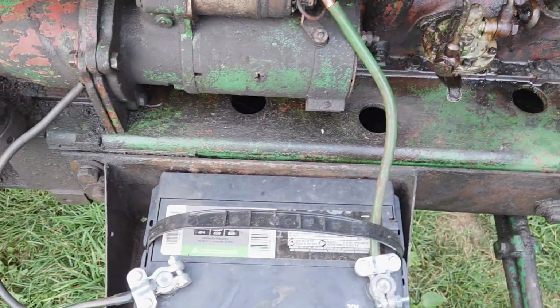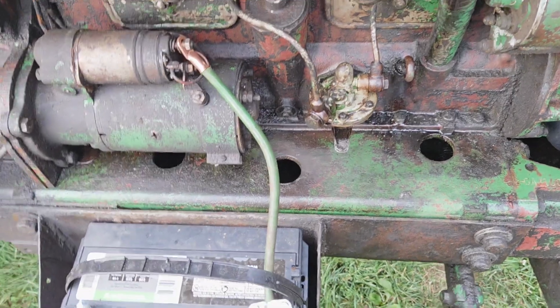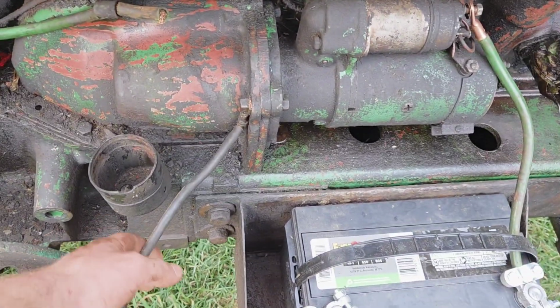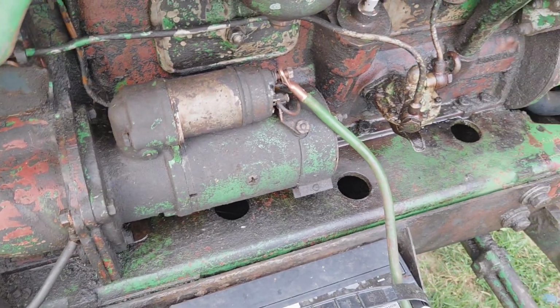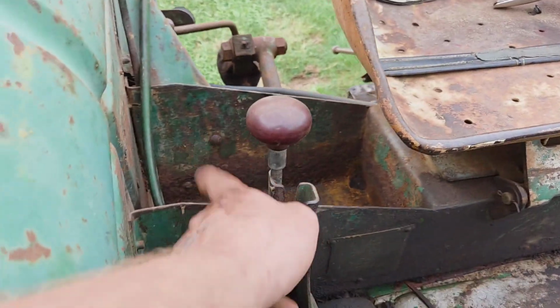The battery box is added on. The guy didn't say if he made that or where it came from, but it's pretty cool. And you can use shorter cables that way, which is nice, although those are just hardly big enough. They work for now in the warm weather. Originally, it would have had two 6-volt batteries in here. I'm curious,